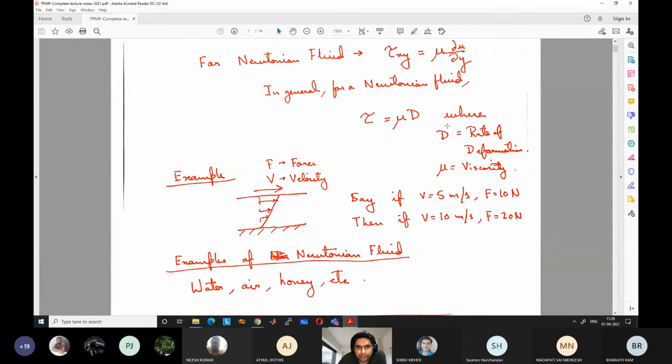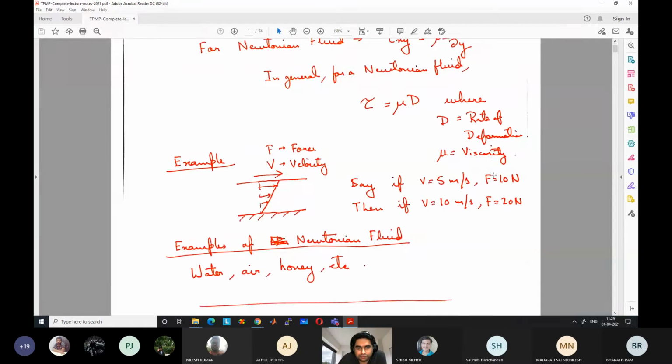So coming back to our experiment of this moving plate, if the top plate is moving with velocity 5 meters per second, and if I measure the force and it is 10 Newton, then to move the plate with 10 meters per second velocity, meaning twice the velocity, it will require 20 Newton force, because this is linearly proportional. The force increases linearly. You can ask me what is the shear stress. So the force is actually shear stress multiplied by the area. Top means shear stress exists everywhere in the fluid.